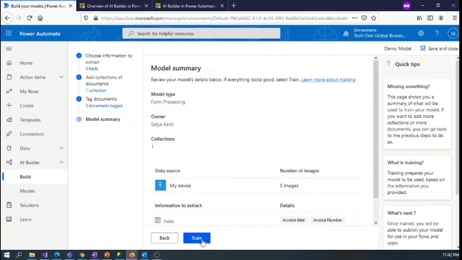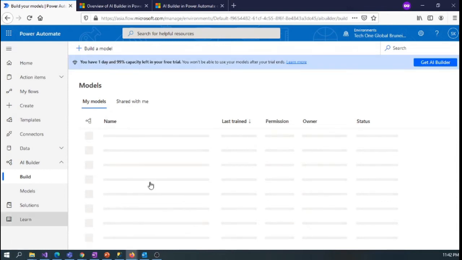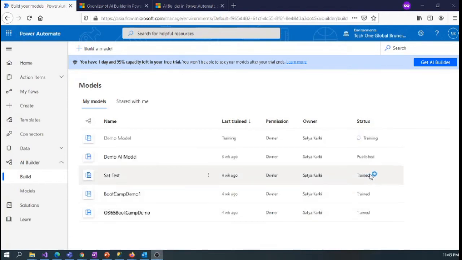I'm going to click on train. It's training our model. This may take a while. Now the training is complete. We can go to our model. We can see the status of our model.